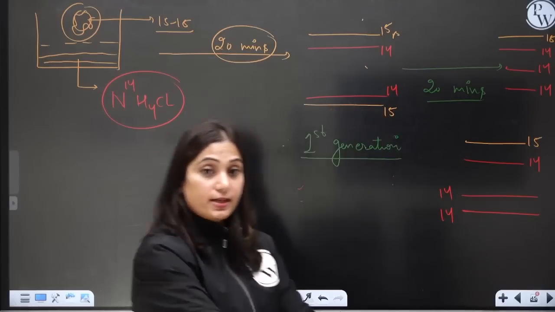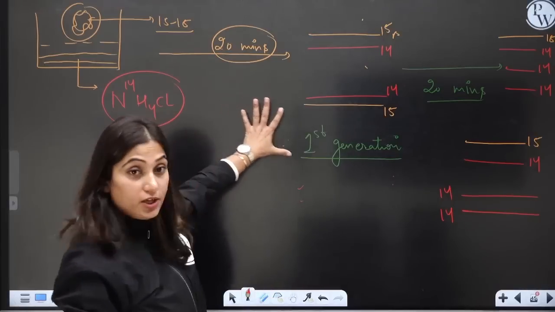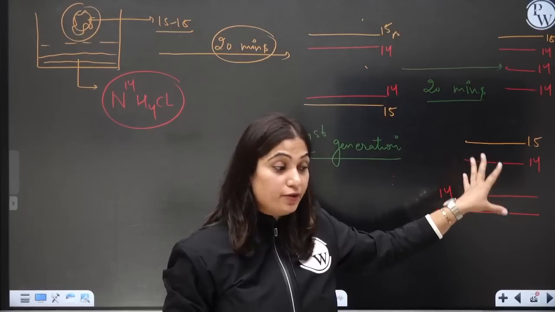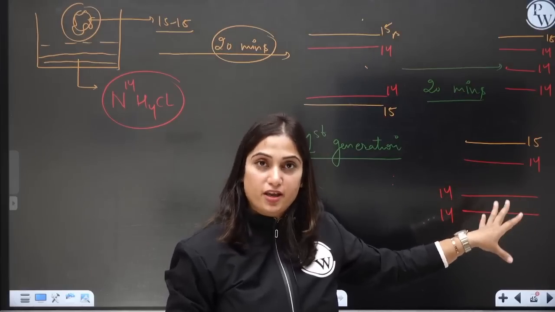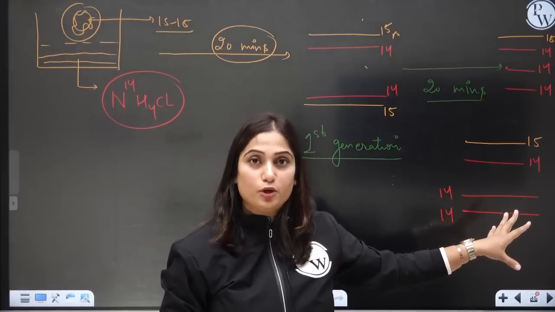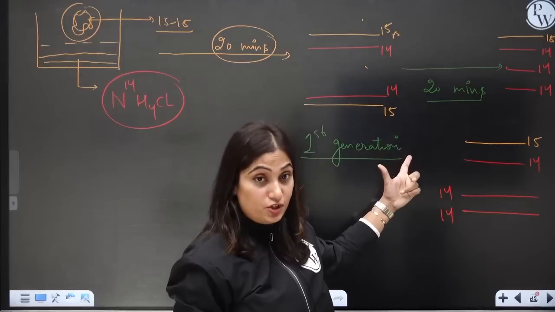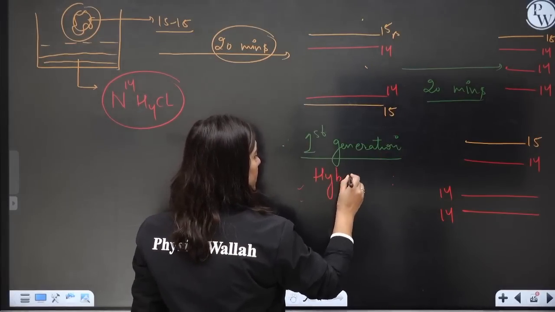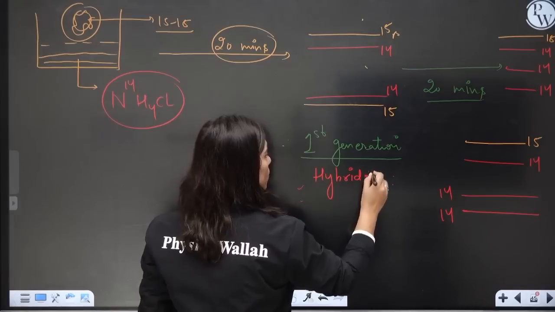That means in the first generation we have got the hybrids. 15, 14 are the hybrids, 15, 15 are the pure heavy, and 14, 14 are the pure light. So in the first generation we had only hybrids. But in the second generation we have,